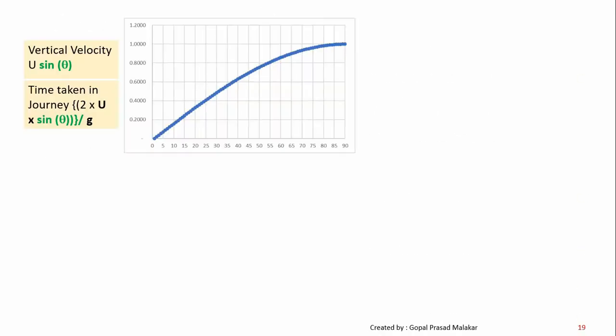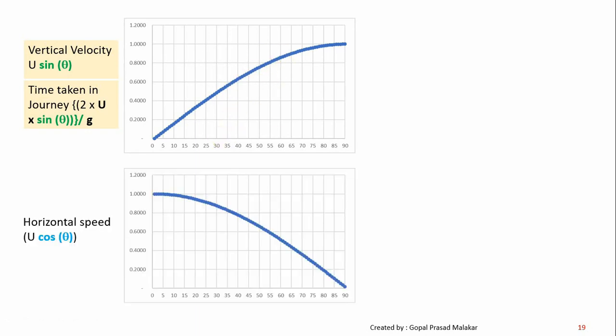Let's understand three things that happen. The vertical velocity and time taken: the more the angle, if it is 90 degree it is maximum, the more time it will take to travel. Travel time becomes more with more angle. If you talk of horizontal speed, the lesser the angle, the more the horizontal speed. In fact, when the angle of throw is vertically upward, there is no horizontal speed at all. So this is the horizontal speed.